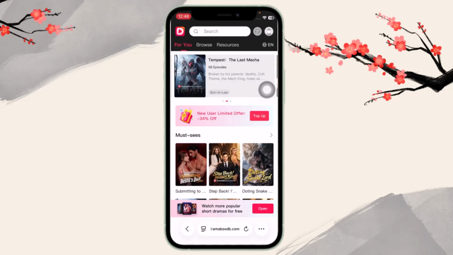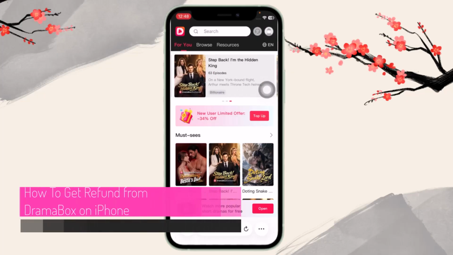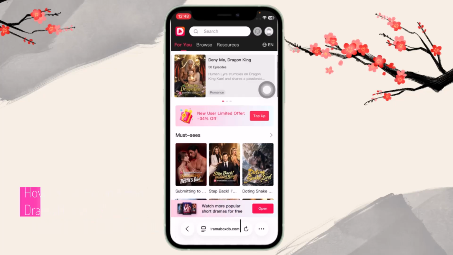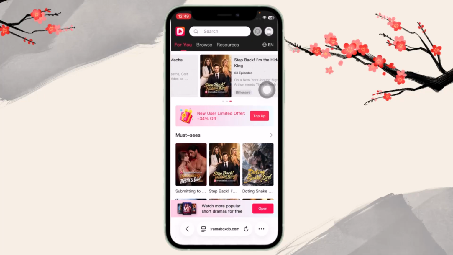So in today's video, I'll show you how to request a refund for a DramaBox purchase on iPhone. So if you've accidentally purchased coins or a subscription through the DramaBox app, then the refund process depends on how the payment was made. If the purchase was billed through Apple's App Store, then you'll need to request the refund